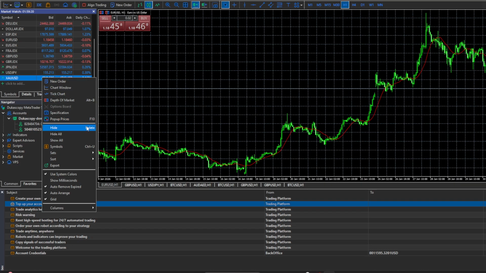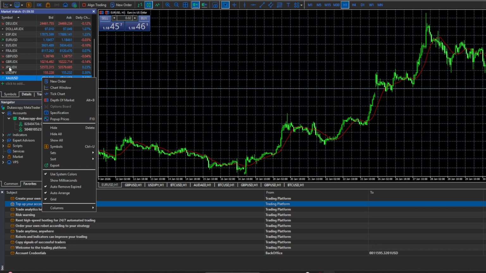Once you've identified the symbol you'd like to remove, move your mouse pointer over that symbol in the list. Now perform a right click on it. This right click action will open a context menu with several options related to that symbol. Right-clicking is your main way of accessing quick symbol settings in MetaTrader 5, so you'll use this method a lot